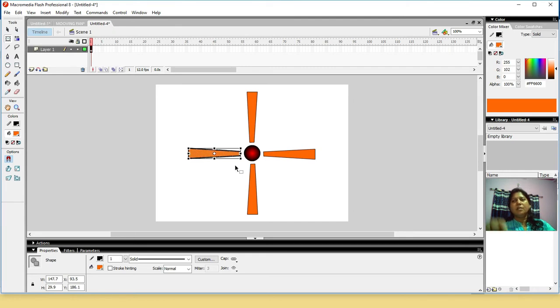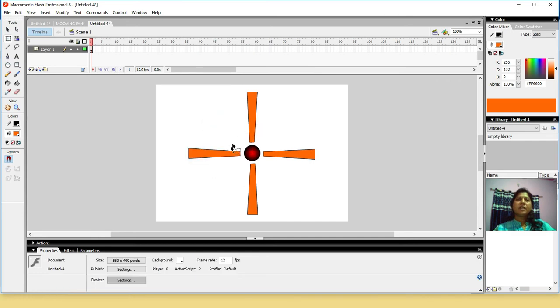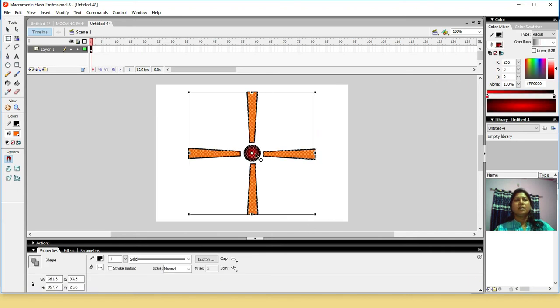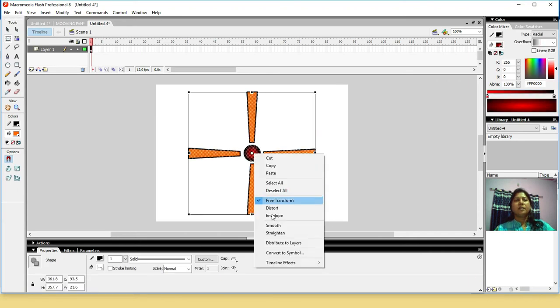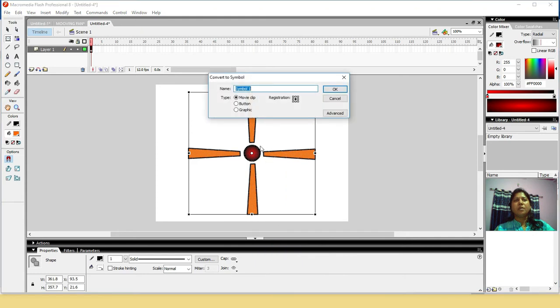Over. Now next you have to select all these 4 blades along with the circle and convert to symbol. So select the free transform tool, select the total object, right click, convert to symbol.